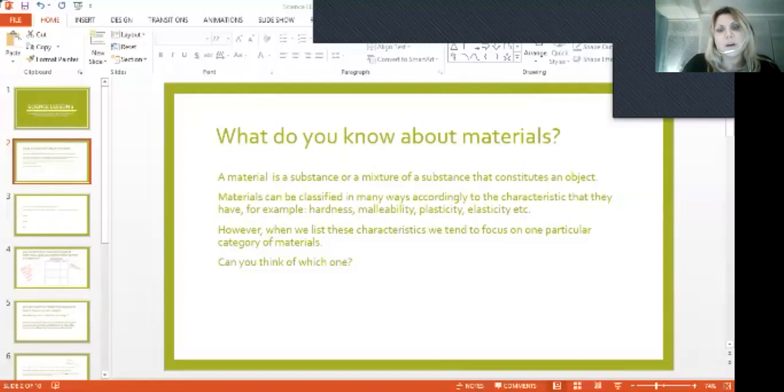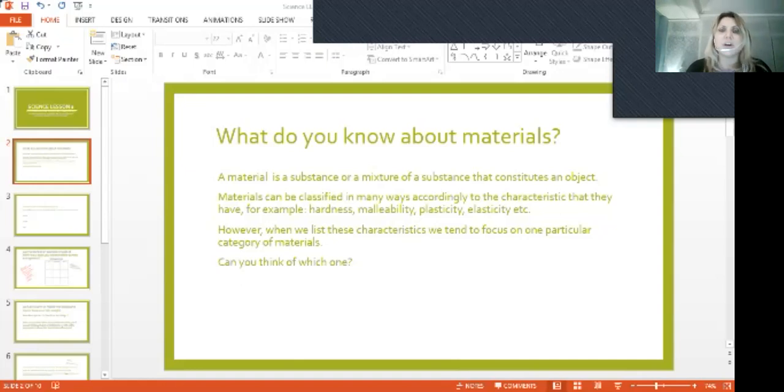So, what is a material? How can we identify and classify a material? So first of all, the definition is quite tricky. I have written something on the PowerPoint for you. So we could say that a material is a substance or a mixture of substances, so more substances together, that constitutes, create an object. Somehow,